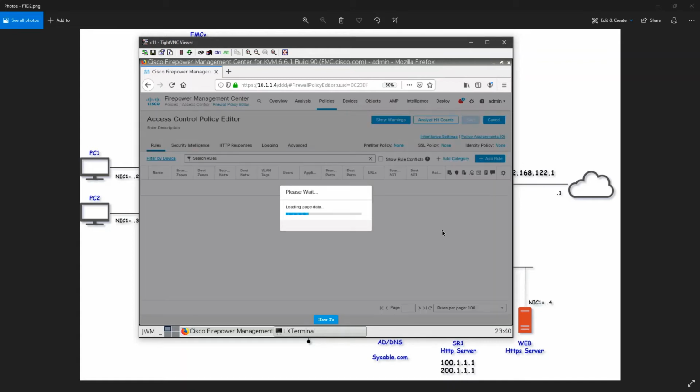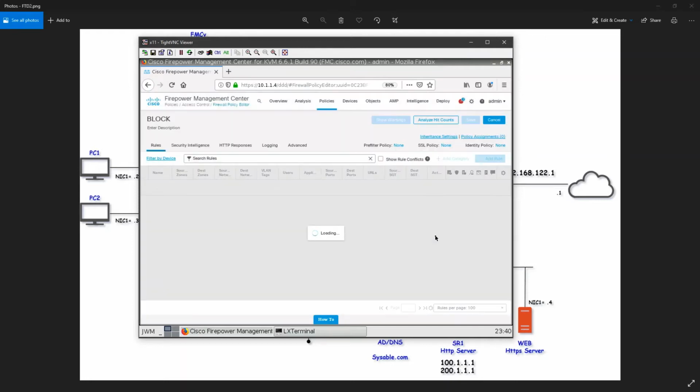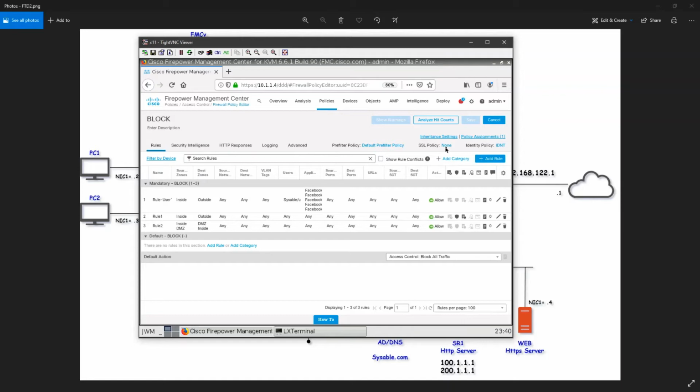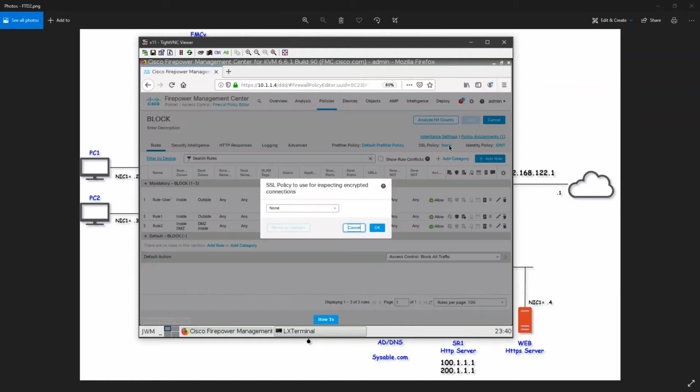So whenever traffic going to the outside or DMZ is matched, it will implement the SSL policy. In an organization, you might have many policies there. I will click on SSL policy, select the policy which we have created, and click on OK.